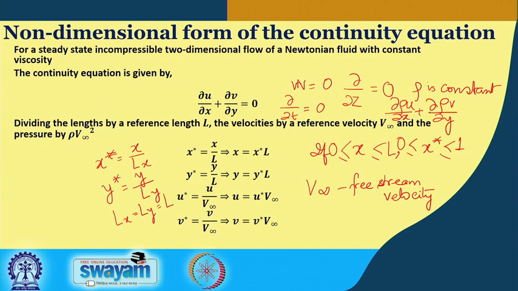So, that is why you see that when we are non-dimensionalizing u and v, we are taking the same characteristic velocity. With this understanding, we find that these are the four ways we are able to do the non-dimensionalization. Only one more thing to be noted is that u star and v star may or may not be normalized. Generally, whether they will be restricted to V infinity or not will depend on the physics of the problem. So, with that understanding, we say that they may or may not be normalized. Now, let us go ahead.